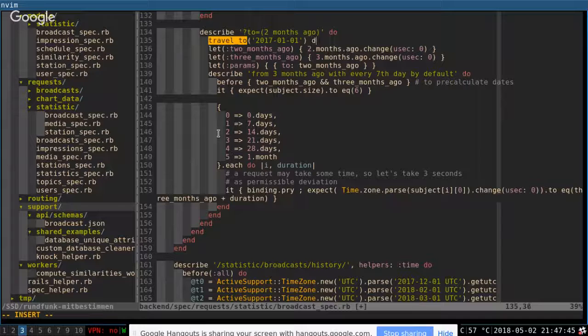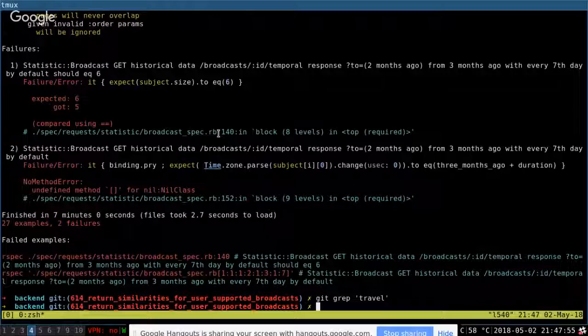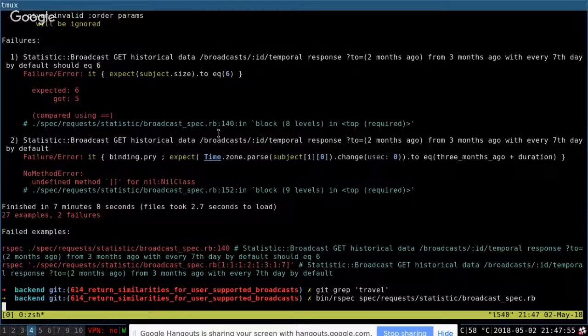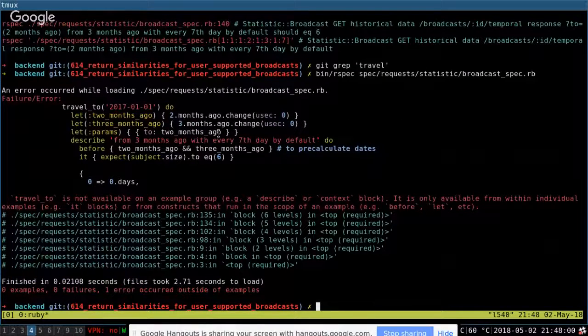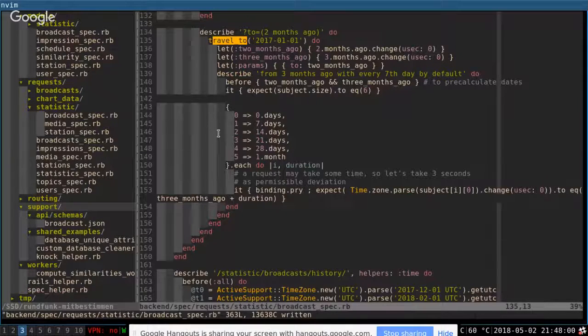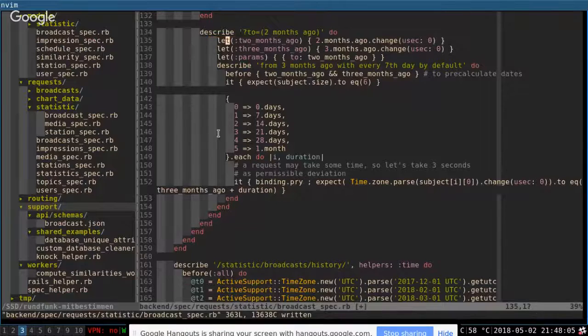Okay. I don't know if that actually works, but we'll see. Damn it. But it will work because that is evaluated when the test starts.